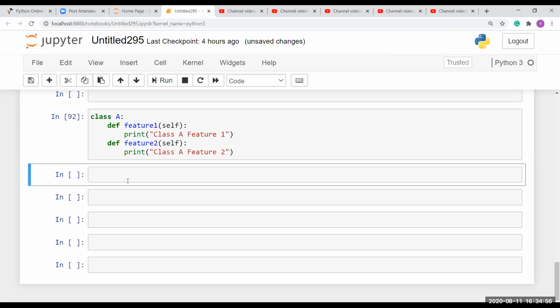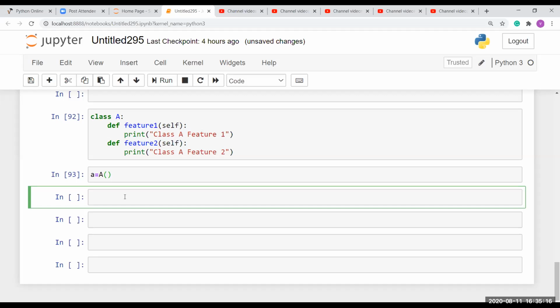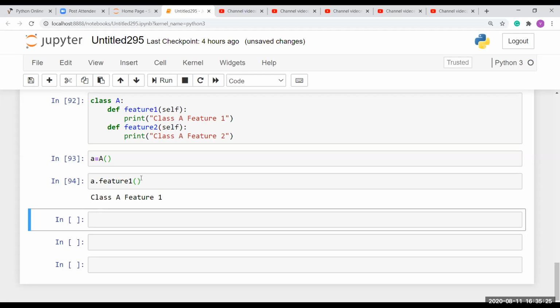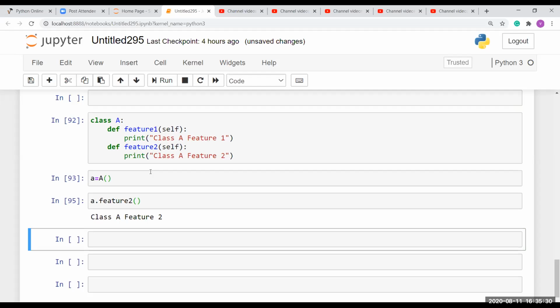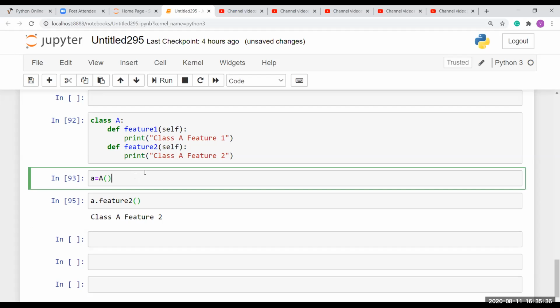Normally, if you want to create an object for class A, first you have to pass a variable, then after that you use the class name like this. Now you can access whatever method you want. If I want feature 1, it returns class A feature 1. If I want feature 2, it returns class A feature 2. So now I want to create class B